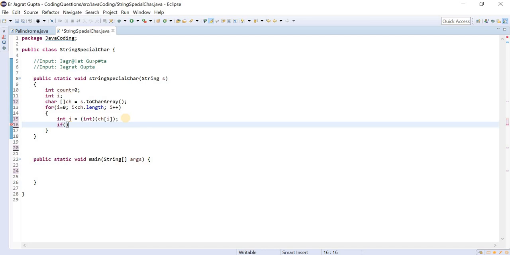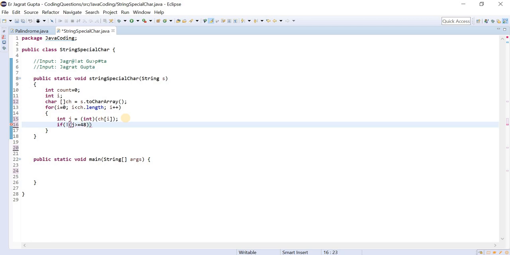Now I will incorporate the ASCII values here. We need to skip alphabets, numerics and white space. So if not, j is greater than or equal to, let's take the numeric values first. If you see an ASCII table, the numeric values lie between 48 and 57.